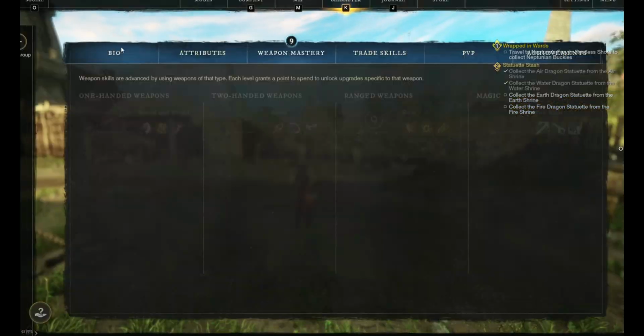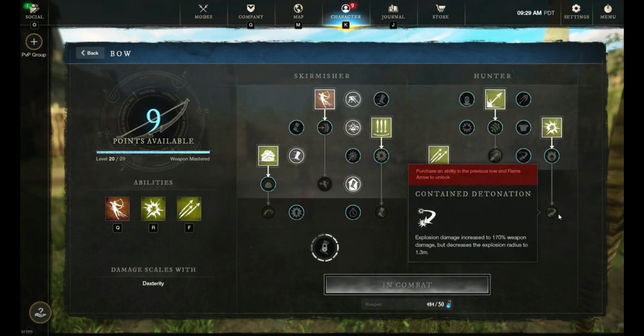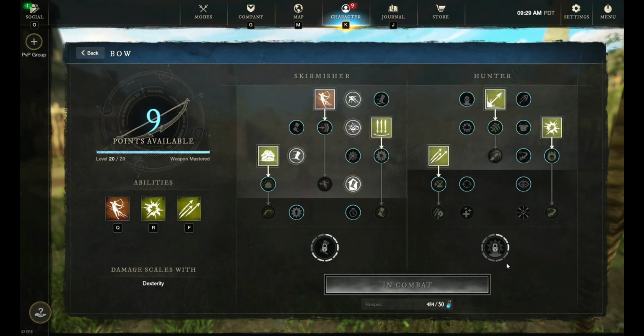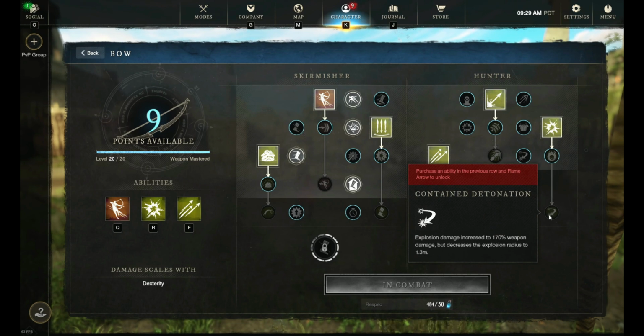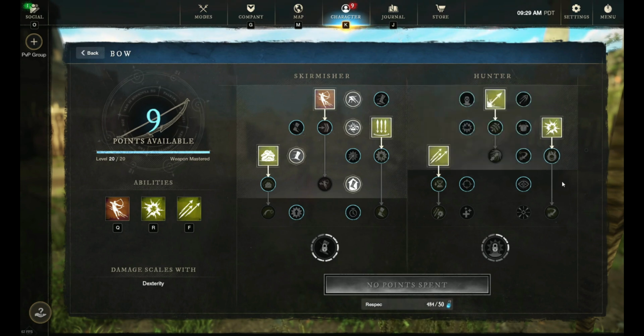When you reduce the damage, or we do contained detonation, you really want to proc this, because then you can do something like a big pen shot or a big Rain of Arrows. And this really limits how you can do this. Now, we will show you some sort of one-shot combos you can do with Explosive Arrow,